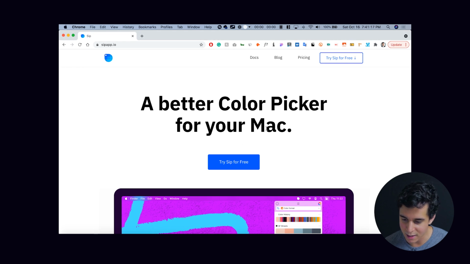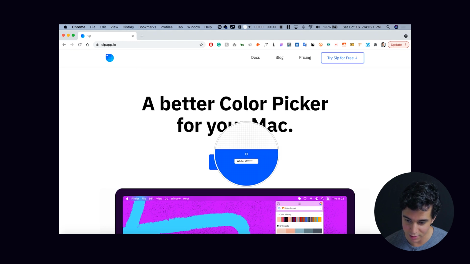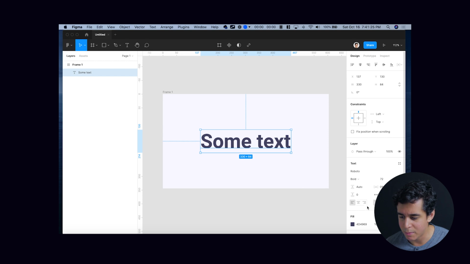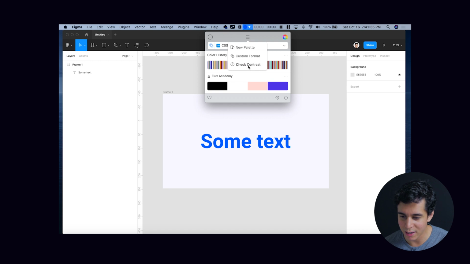Like, let's say I'm in Figma, I'm playing around and I want to use this color. I can just quickly click on that. Bam, apply it to this text. Super easy. And then another thing, you have a built-in contrast checker here